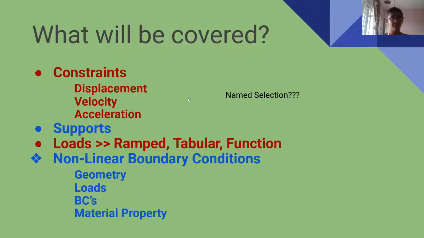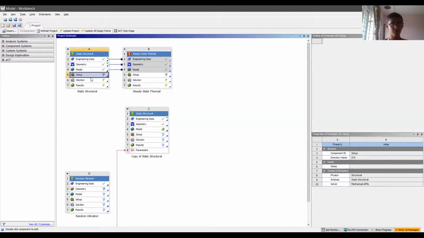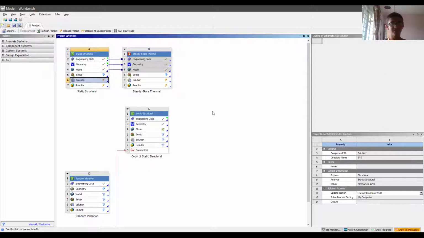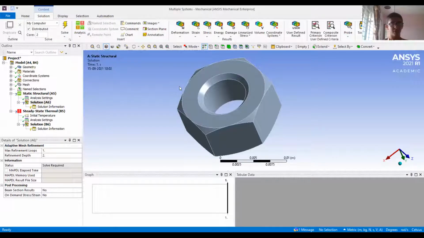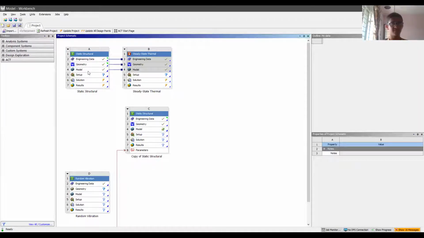In the model file, when you go to model or setup or solution, all three will take you to a similar interface, which is ANSYS Mechanical. This is because for ANSYS Mechanical, everything related to meshing, coordinate systems, boundary conditions or setup, and the solutions where you find the stress, strains, etc., is all included in the same interface.